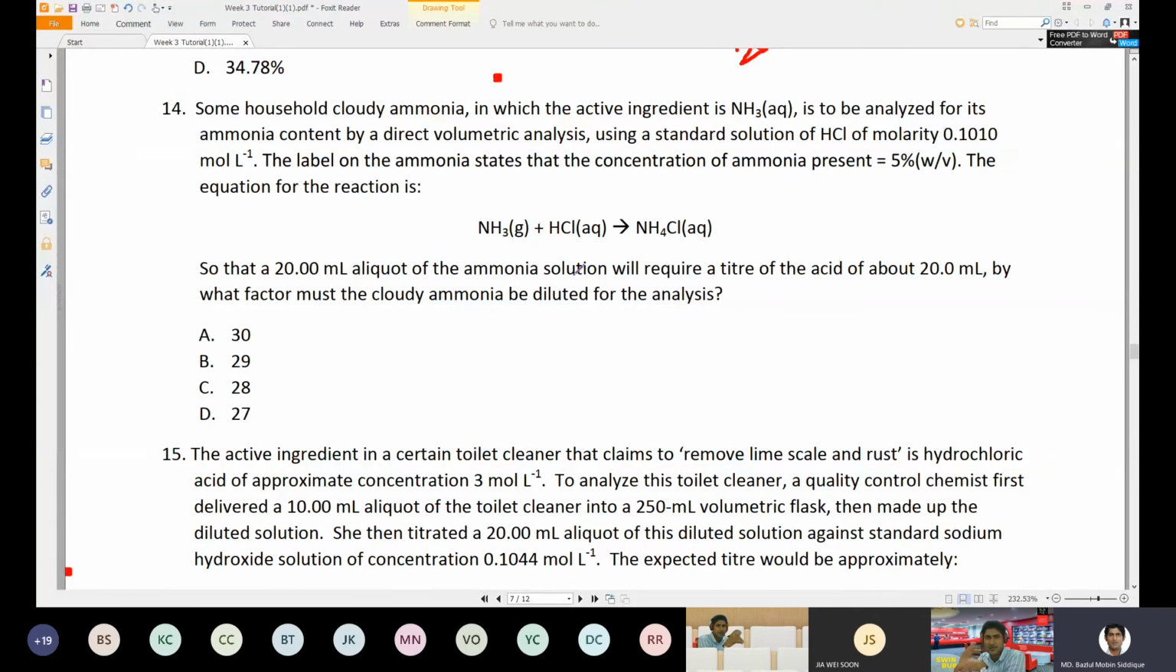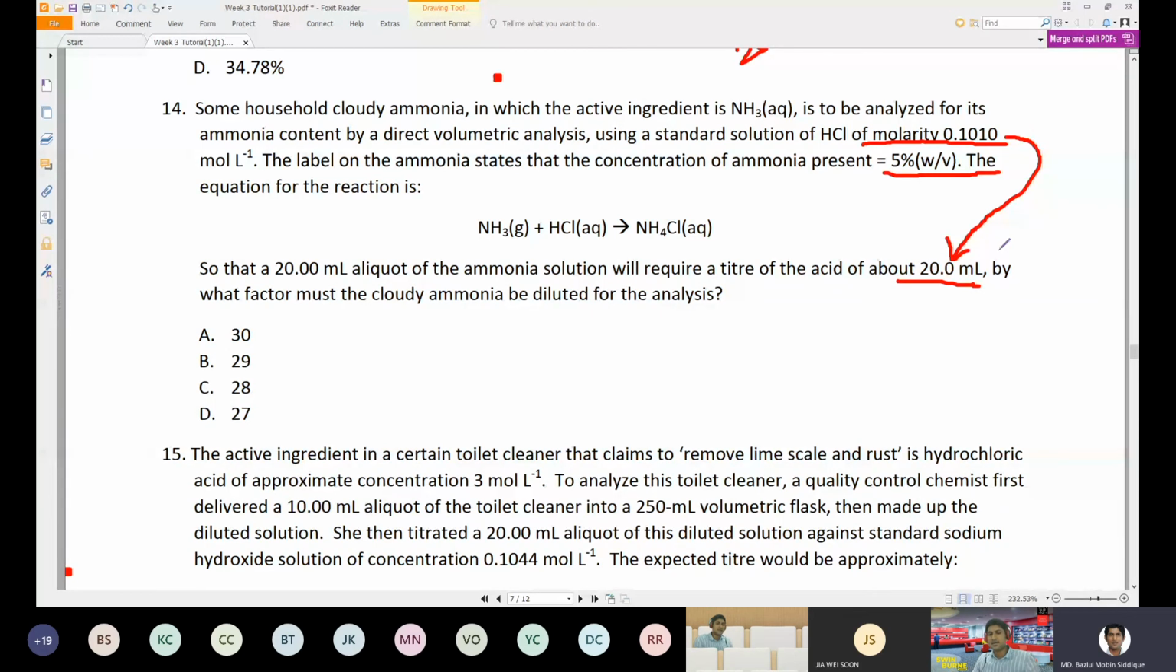Now it is in a reverse way. Usually the question is asked that 5% ammonia was there, then how many grams? It is a reverse. So we understand it already says that it is 5% weight by volume, right? This is the clue we have, and we are using HCl to titrate, with a concentration of 0.1 molar, so that 20 milliliter of ammonia solution will require about 20 milliliter of the acid, so 20 milliliter acid times